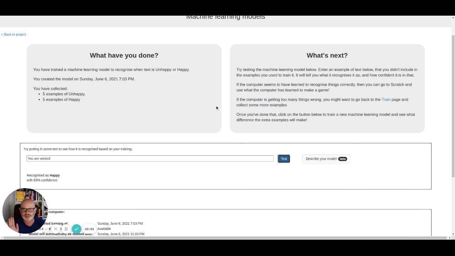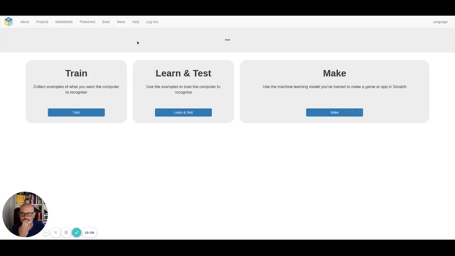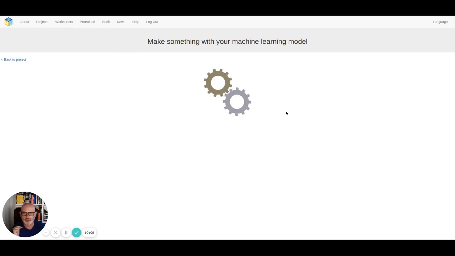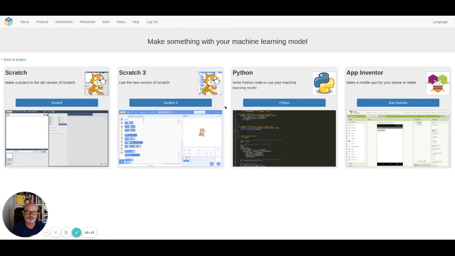Right, I'm going to leave it there. So back to project. What we can then use is with make, I can create, here we go, with oldie worldy Scratch, the Scratch app, or we can use this Scratch 3 that we're using in class, some Python, or how awesome, App Inventor, which is an Android app creation tool. So we can use any of these to create